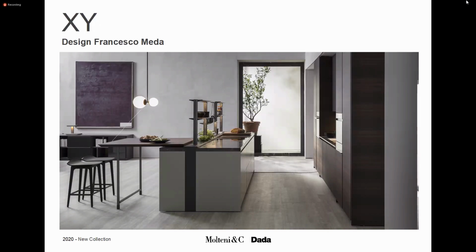In this picture we will discover a lot of options available for the Sistema XY. These pedestals are available in three dimensions: 40 centimeters, 70 centimeters, and 1 meter. The 40 represents a perfect solution between base units and wall units, because we can contextualize this equipped channel in an island composition, as we see in this picture, but at the same time between base unit and columns, and between base unit and wall units if we are working directly against the wall. So underneath the wall units we can place this kind of